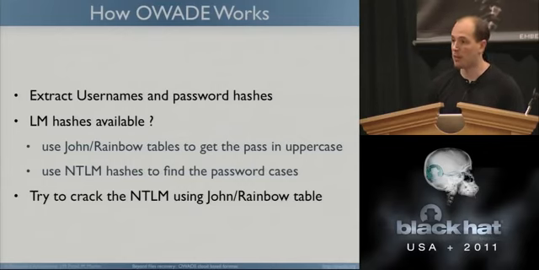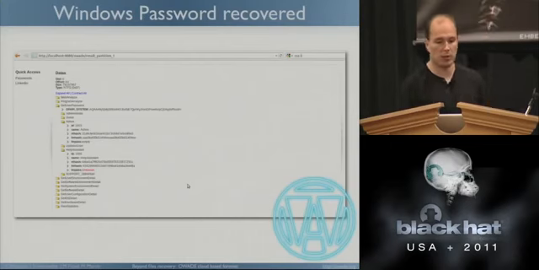And we're going to use John the Ripper, which is a password cracker, the most well-known, I think, open source password cracker, to try to go after that and try a dictionary and so forth, and hopefully we might be able to recover your password. Once this is done, OWADE is going to show you something like this, which is the name of the user, the hash, the 2 hashes you can have, and then the password if we can get it. When you see unknown, it's basically when we are not successful at recovering it.